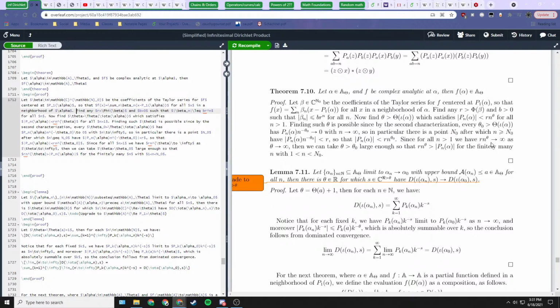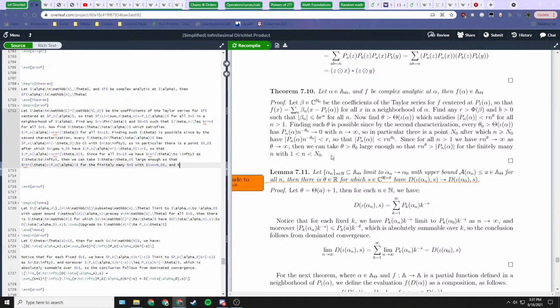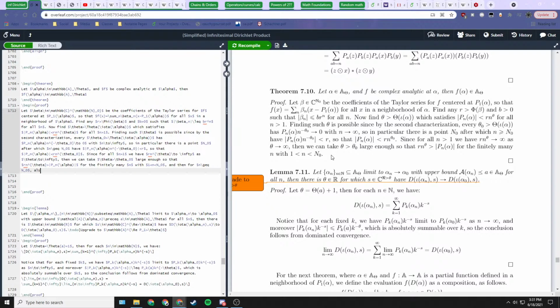Since for all n greater than this we have this going to infinity, take theta greater than theta 0 large enough so that r to the n theta is greater than this for the finitely many n with this, and then for n greater than or equal to n0 also we have the absolute value of p sub n alpha being less than r to the n theta 0, which is less than or equal to r to the n theta. Overall, this proves that